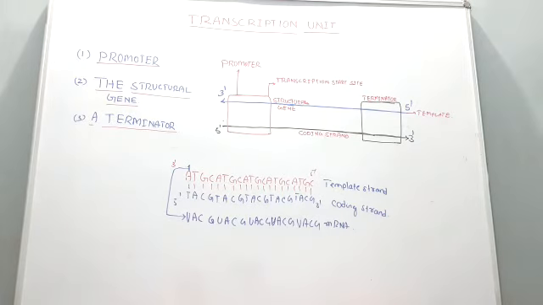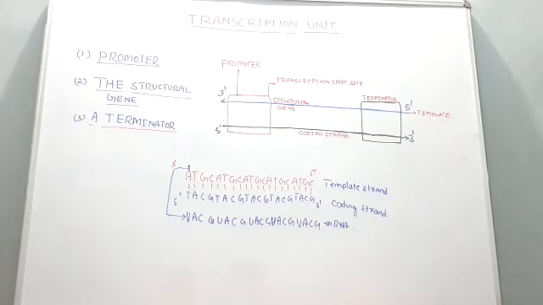So this question is very important from the exam point of view, theory point of view, and even from the NEET and KSET point of view. Because it's very related to this diagram, many questions will be asked in the examination. Okay, now it is clear to you. The template strand has a polarity 3' to 5' and the coding strand has a polarity 5' to 3'.